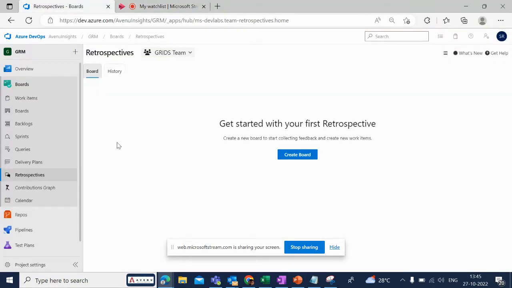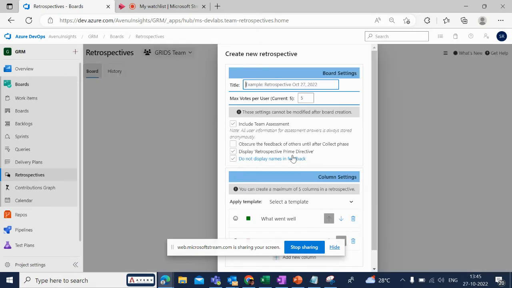So Azure DevOps has a separate board for retrospective sessions. Under the board in the left panel, you will have a retrospective tab, which we will use to create a dedicated board for our retrospective event. So let me create a new board for us. We can name the board. Let me name it